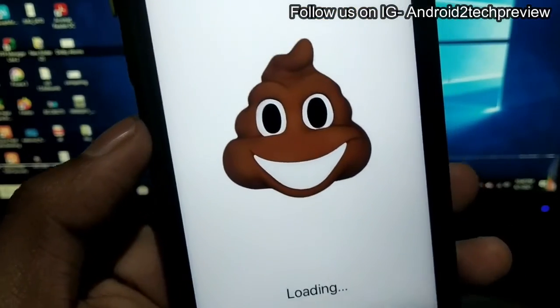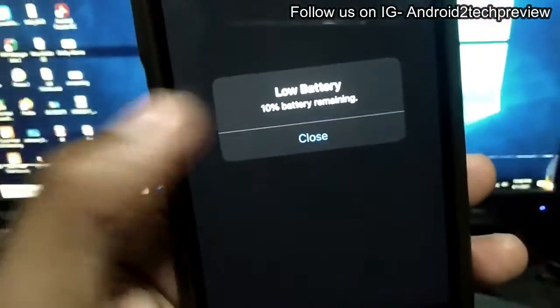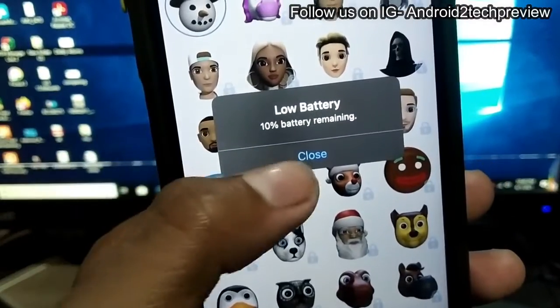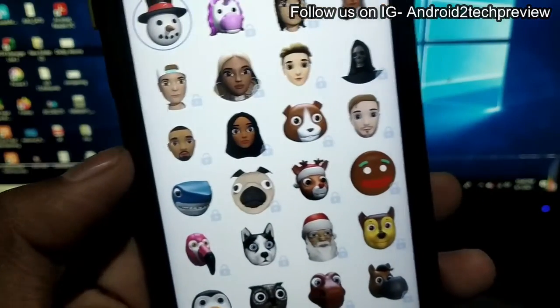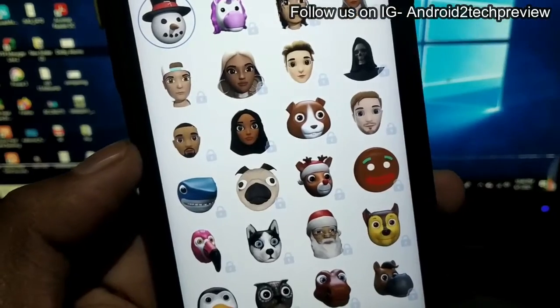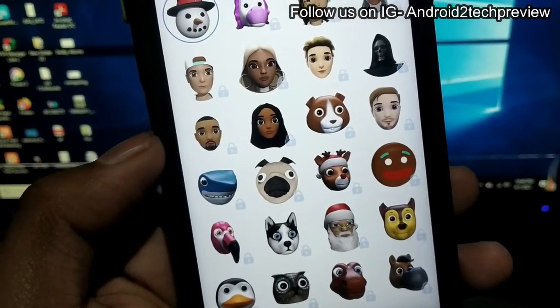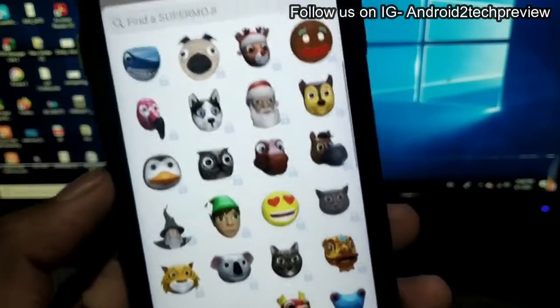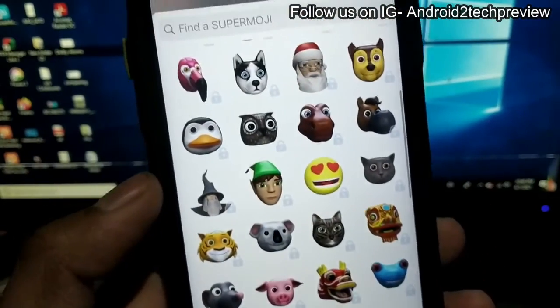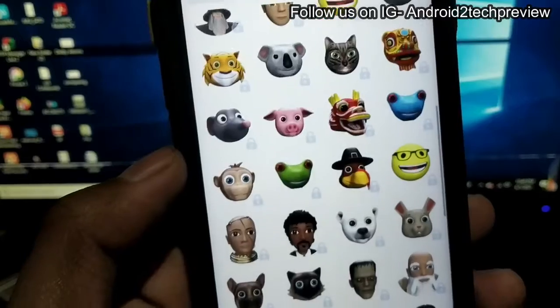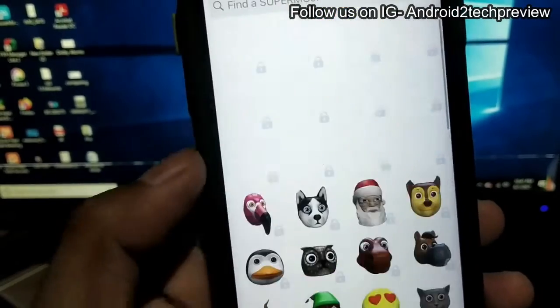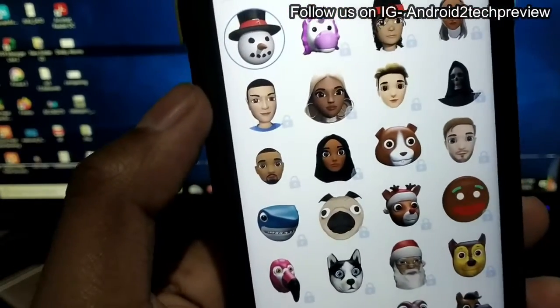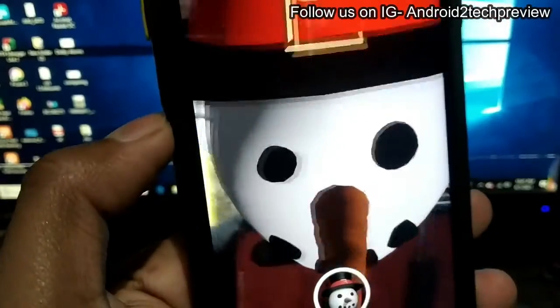Let's move to the second one, and this is the Supermoji, and this allows you to use lots of emojis. But this is actually not free software. You have to pay for it, and if you want to use it, you can go with the trial. If you love the trial, you can continue with this app. As you can see, there are tons of emoji you can use, but right now I haven't opted for any pro or premium version, so I have to move with the free ones.